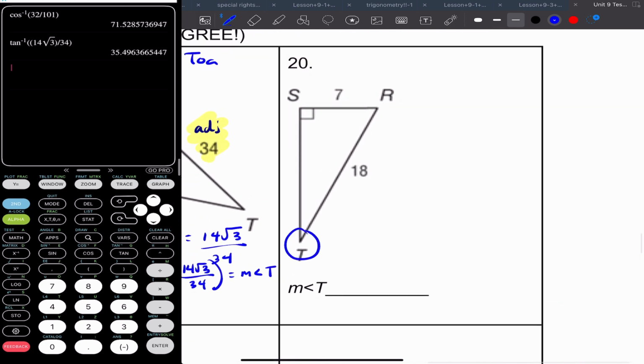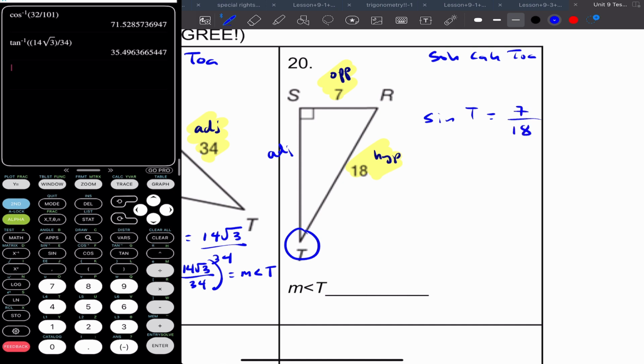Here's T. This is opposite, this is hypotenuse, and this is the adjacent side. Okay, so I'm going to highlight the given information. I have opposite and hypotenuse, so SOHCAHTOA. Look at that, we have SOH. That means I write sine of T equals